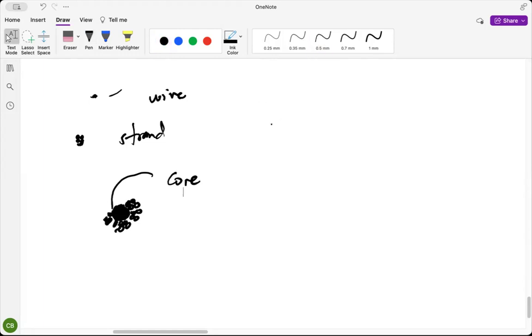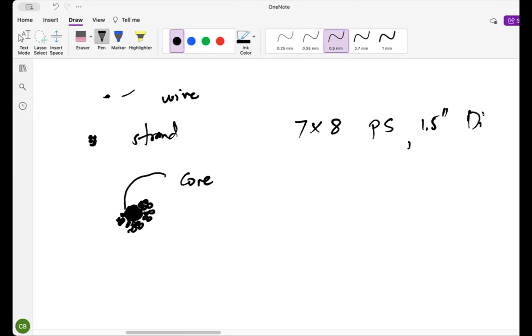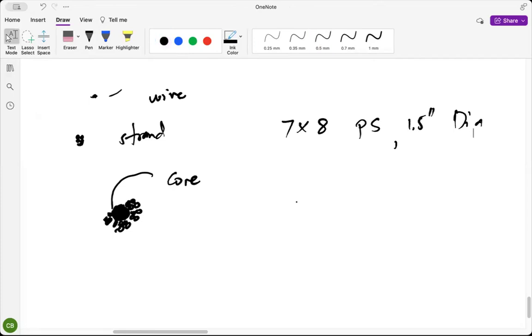So we have the example just now, 7 by 8 PS, 1.5 inches diameter. So in order for you to write this, it is a wire with